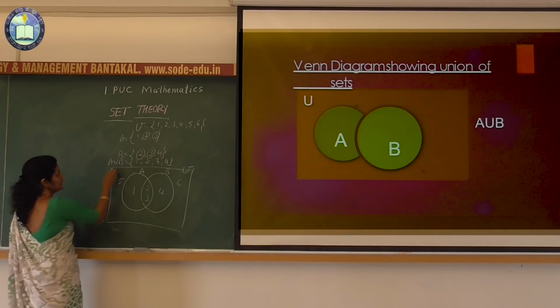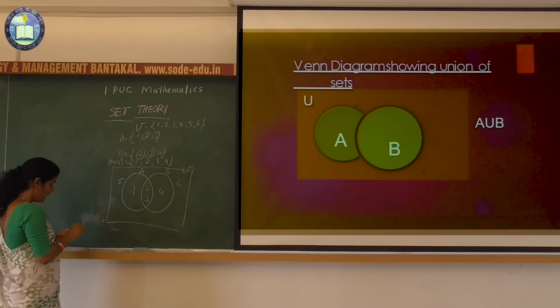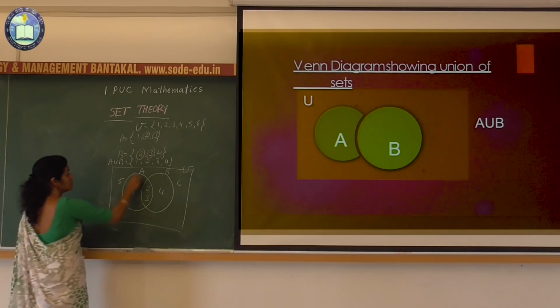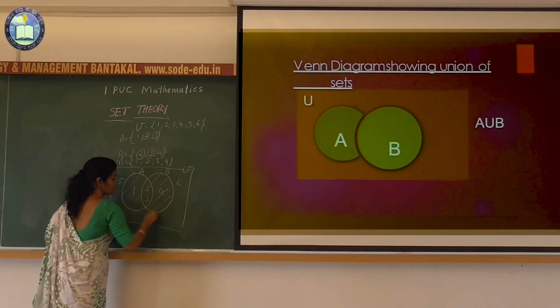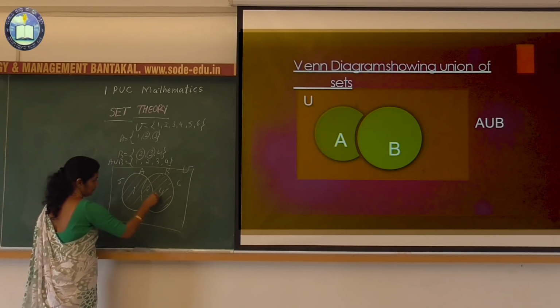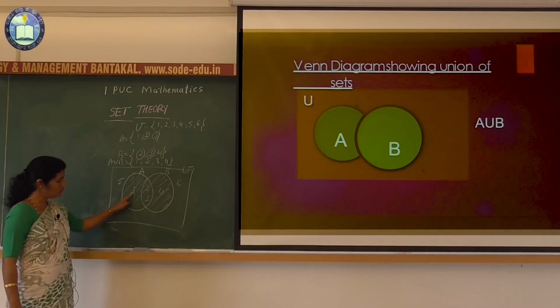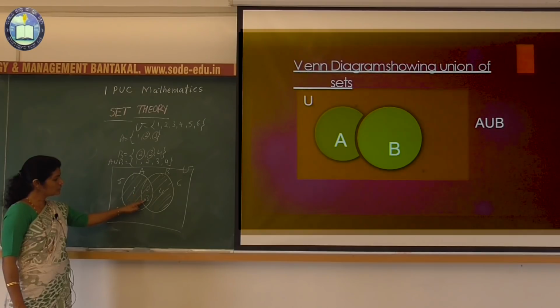Now, if the question is for A union B, using Venn diagram, you have to shade those values combining these two sets. So what does this shaded region include? 1, 2, 3